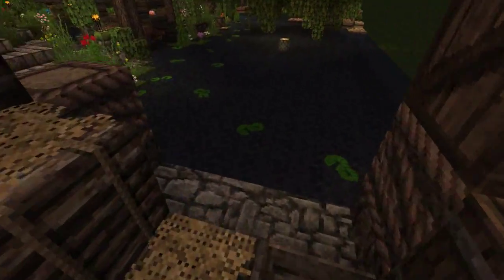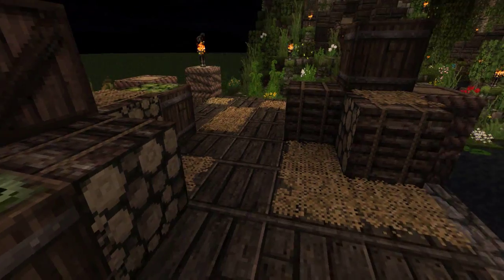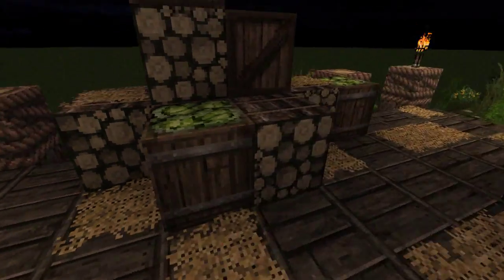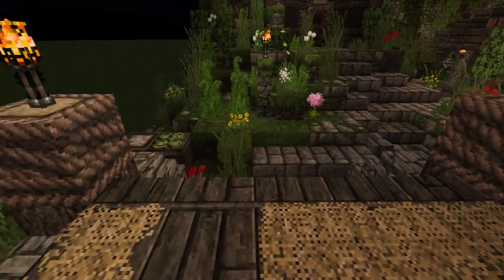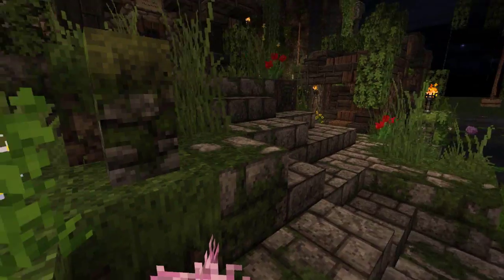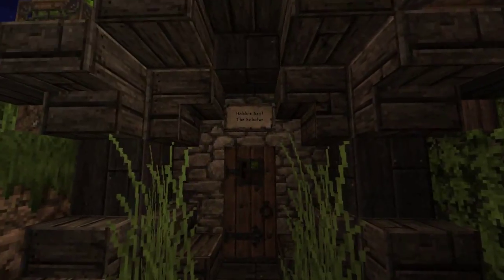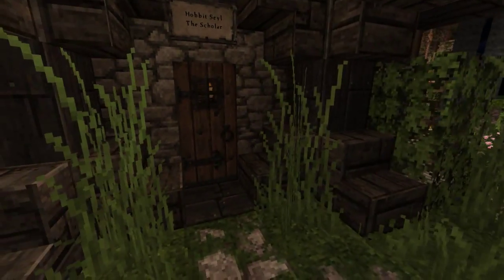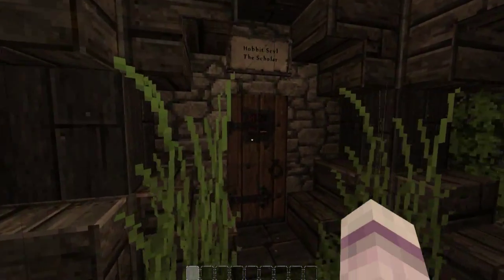So this is a dock where all the hobbits row their boats and come here. They gather their food supplies, they place them down here. We've got some apples, and then we get off the dock and we see our first hobbit house, which is Hobbit Sale the Scholar. Now this hobbit, let's get off there, take this out. This hobbit is a scholar